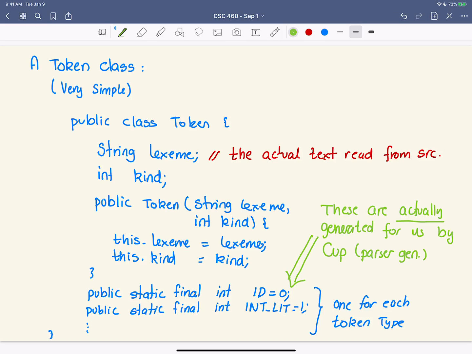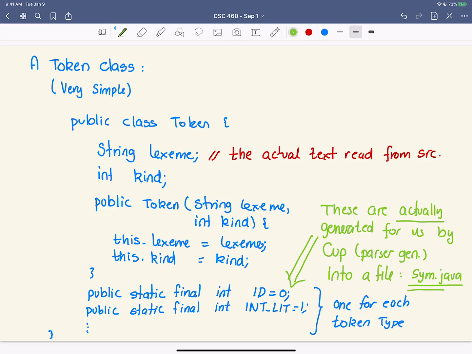Why is it done that way? Well, it makes sense because we have to identify to the parser generator what all our terminals are, and since we have a list of all the terminals, we might as well generate these numbers. So they're generated by the CUP parser generator into a file that's called sym.java.